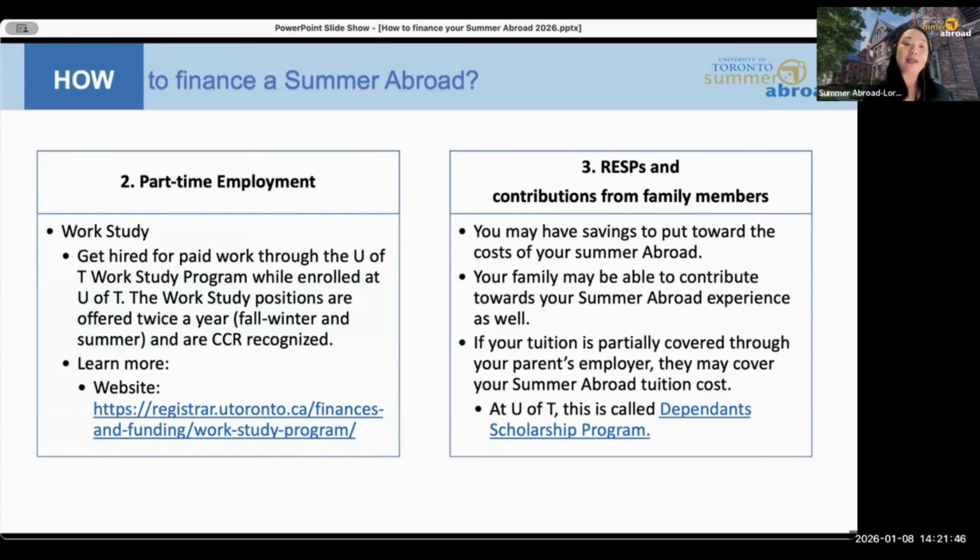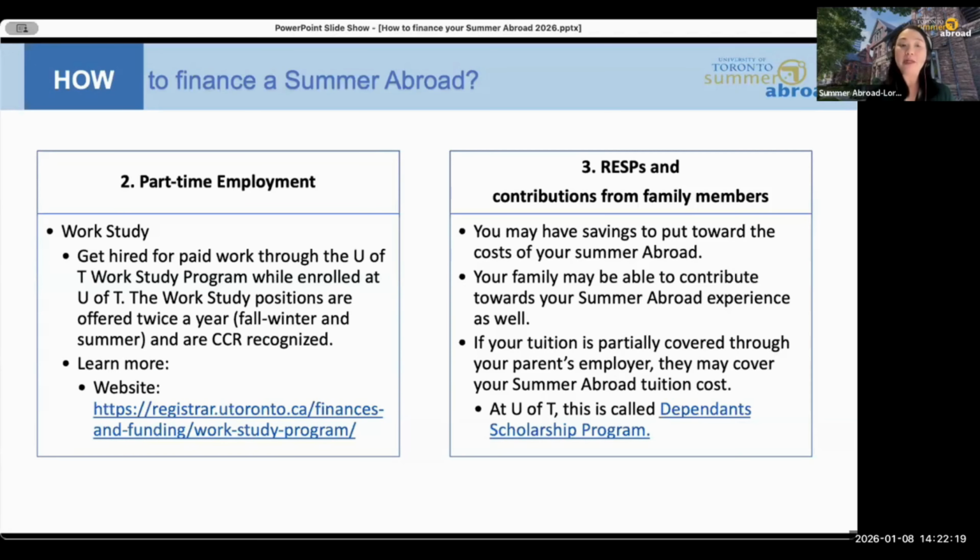So the second and third part is part-time employment. If you haven't looked into it, do consider different part-time employment. I know that's sometimes hard because you may be taking a full course load, but it's definitely something to keep in mind. And number three is that we too want students to demonstrate that they have really tried to put together maybe small savings. And if you have any family or anyone who can contribute towards it, think about how those elements can add to your current budgeting as well.